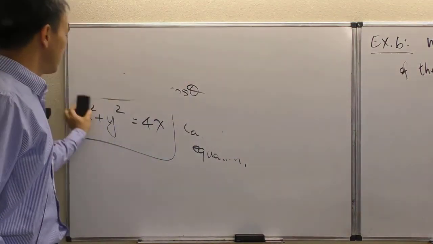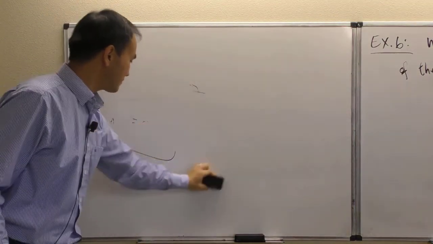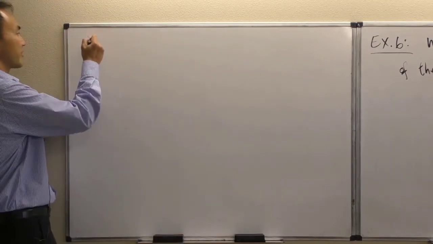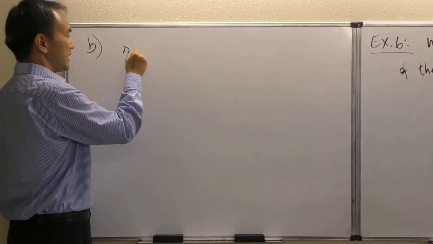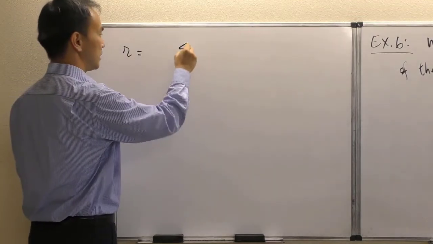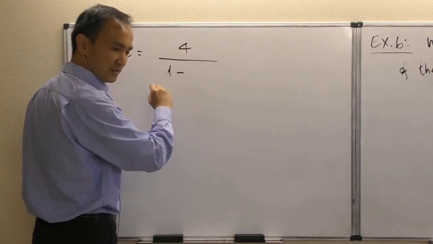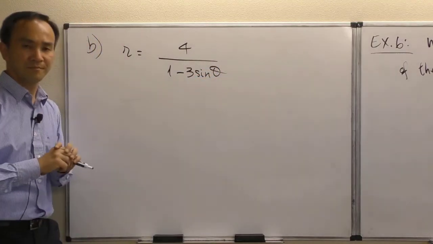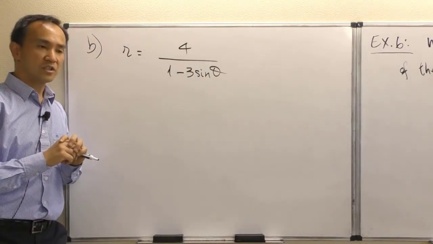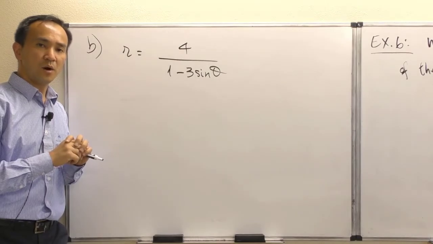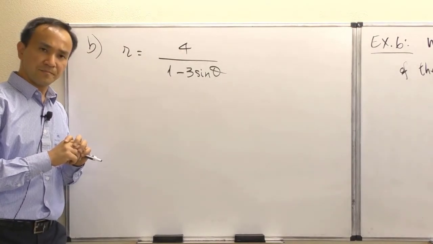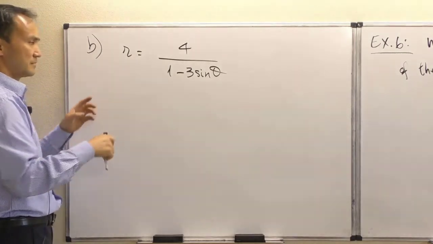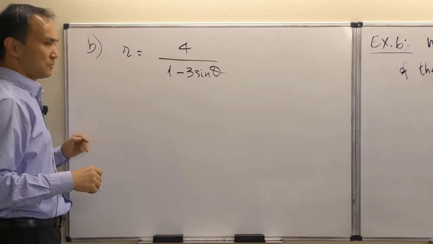Now we're done with the first one. So what about another one? How about r equals 4 over 1 minus 3 sine theta? r equals 4 over 1 minus 3 sine theta. Okay, so now in what I see here,